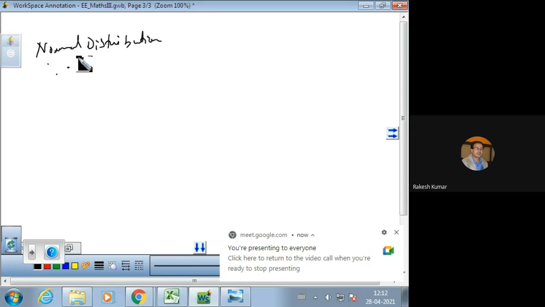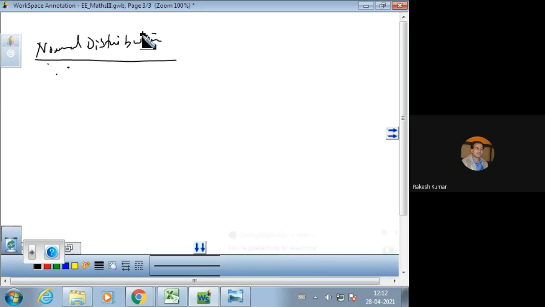Under the heading of normal distribution, we have been able to define what a normal distribution is and how to compute the standard normal variate. And we have also discussed the properties of a probability density function. And we have defined the meaning of area under the normal curve, and some of the basic properties of normal distribution were discussed in yesterday's class.